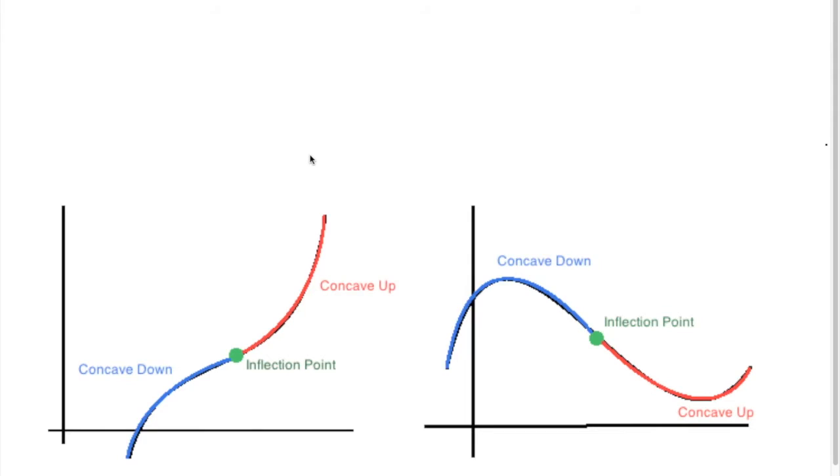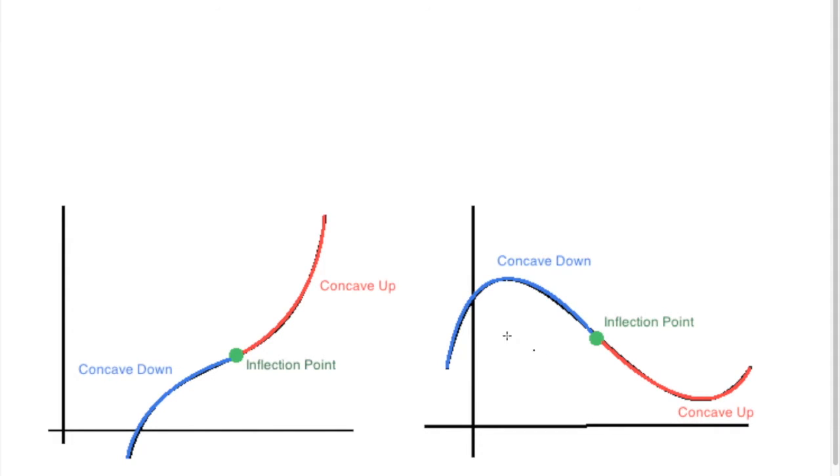In this video, we're talking about one more feature of graphs known as concavity. Graphs can either be concave down or concave up, or a mixture of both. I have two examples here that we'll take a look at. Let's take a look at this one on the right. This graph is concave down in the first region, then it reaches an inflection point where it changes to concave